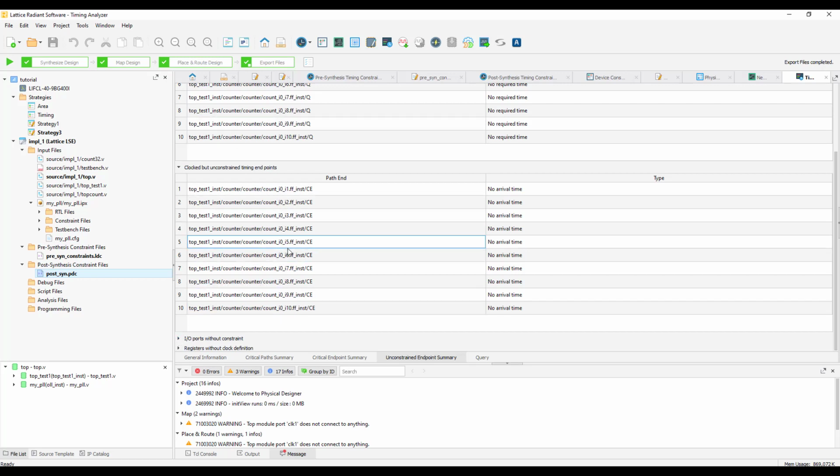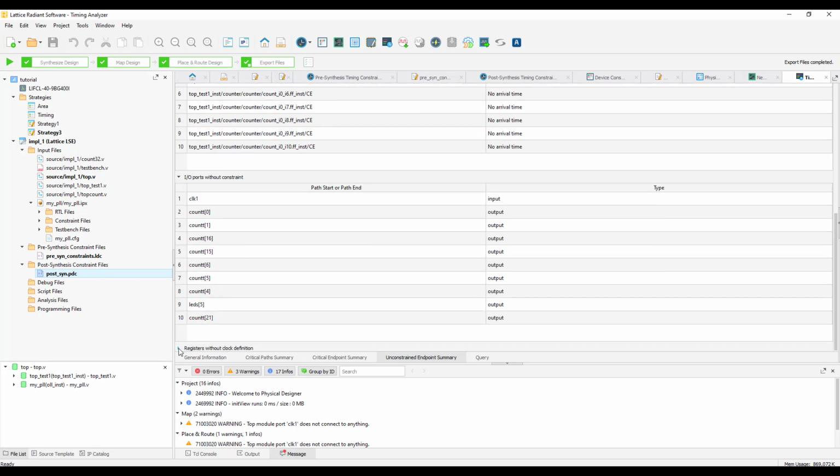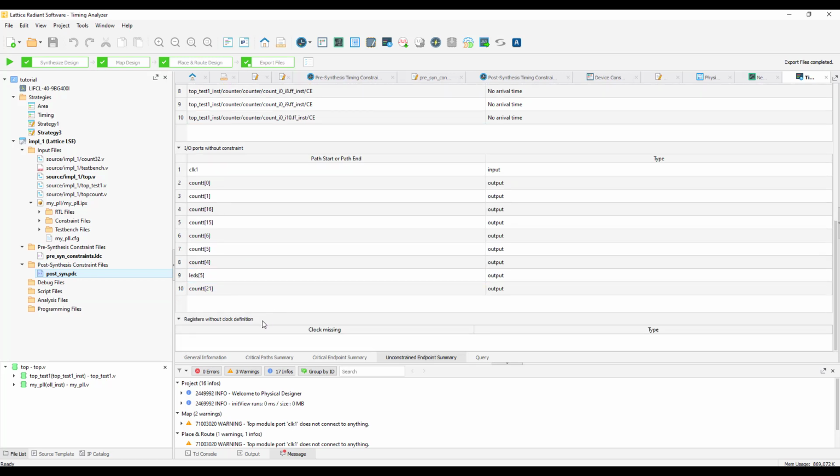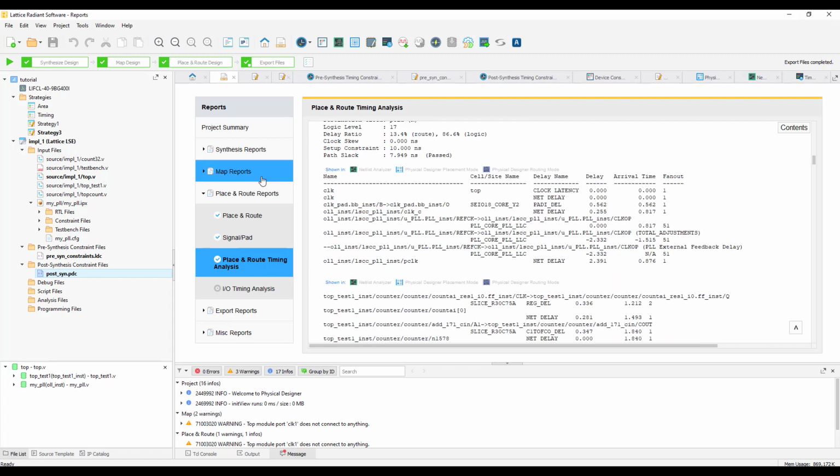These are the clock constraints that are unconstrained, some of the I/O ports that are unconstrained, and also some of the registers without any clock definitions would appear under this section. Alternatively, you can always read the reports from the timing analysis using the report section for place and route timing analysis, and also for map and synthesis reports.